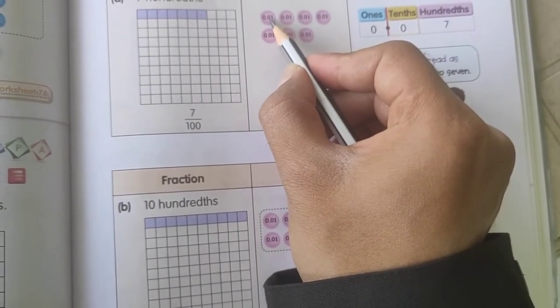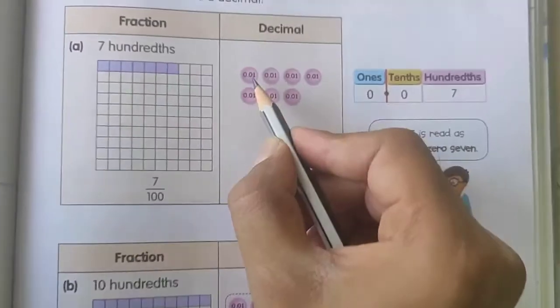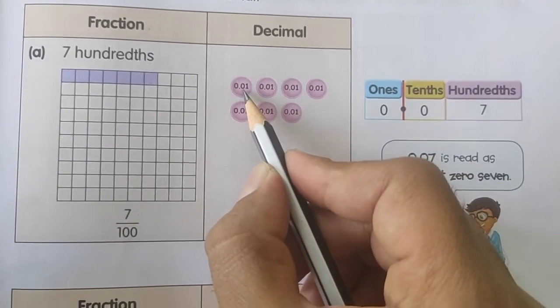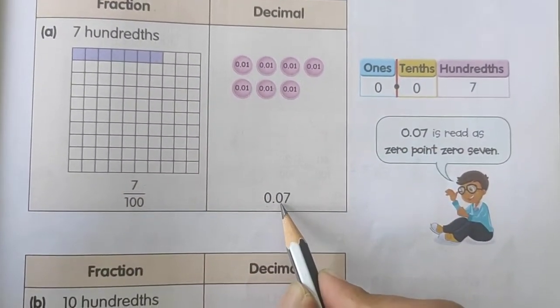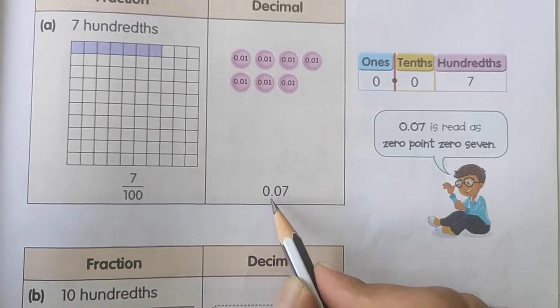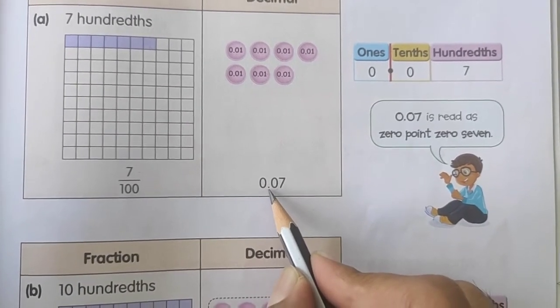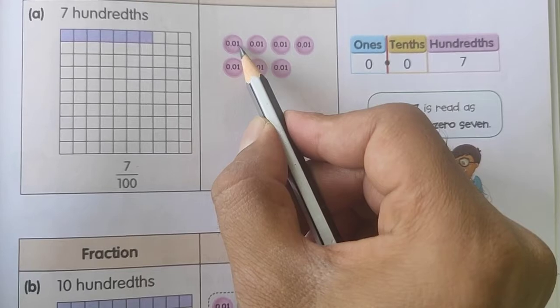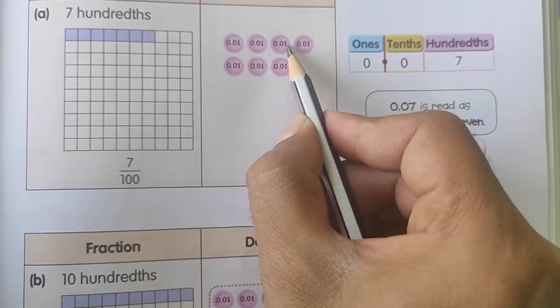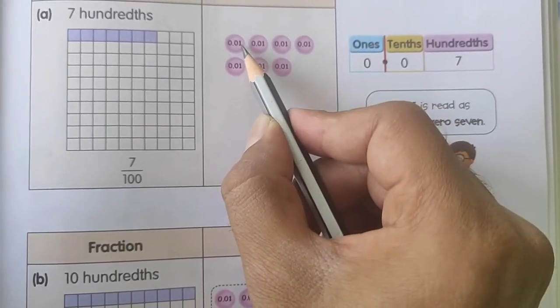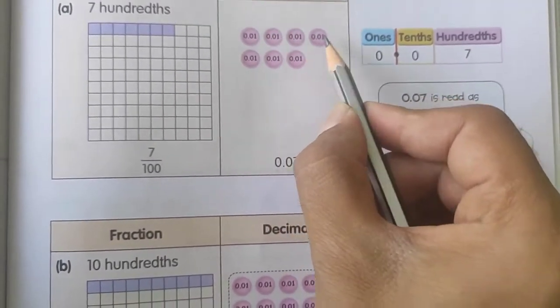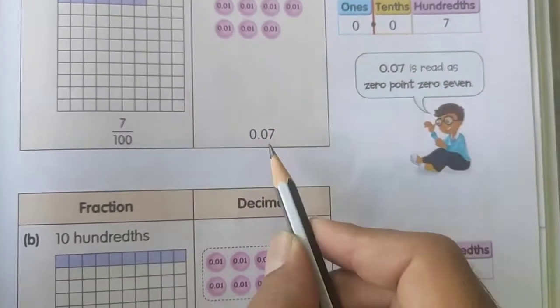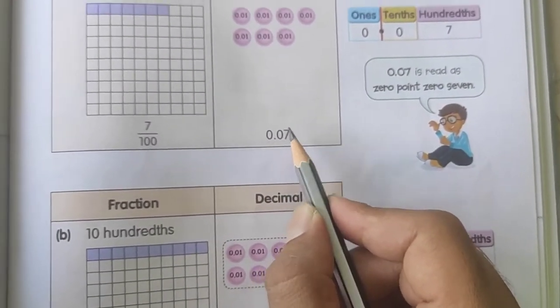Again, first position toward the right hand side of the decimal. Yes, again 0 is there. So here also 0 is coming. And now see, toward the right hand side of the decimal point, the first position is 0 and the second position. See, these all 1s are at the second position. So now I can add them. 1, 2, 3, 4, 5, 6, 7. So I will get 0.07.